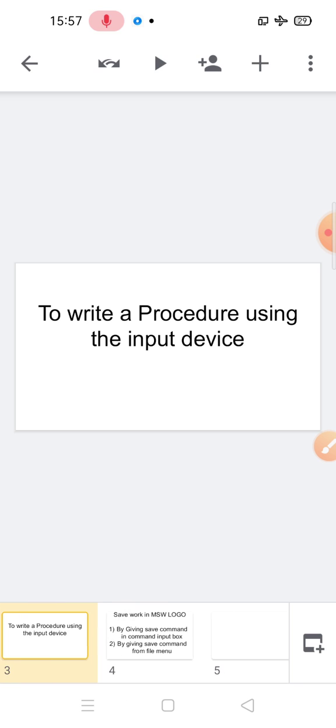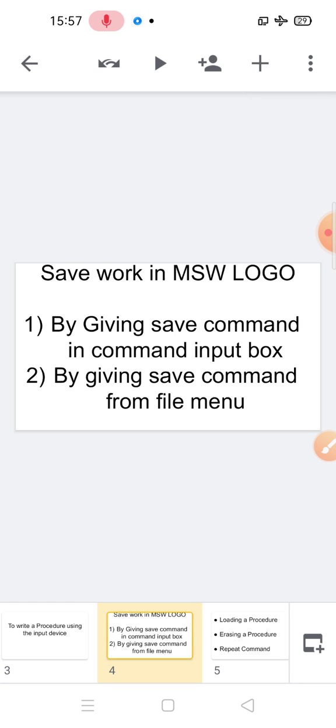Okay. Next is saving work in MSW Logo. Whenever you define a procedure, it is saved in primary memory, which is volatile in nature. Thus, you need to save the procedure in secondary memory to reuse it. You can save the procedure in two ways. First is by giving the save command in the command input box, and the second is by giving the same command from the File menu.